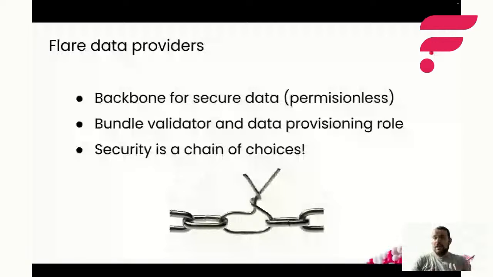Well, we use stake. As said before, Flare is a proof-of-stake chain. So each validator, each entity, each data provider in the system has some incentives. And to make sure that the incentives are aligned, the validators that build blocks and provide data have to put up some stake in the system to make sure that they're providing good data. Providing bad data would hurt them.